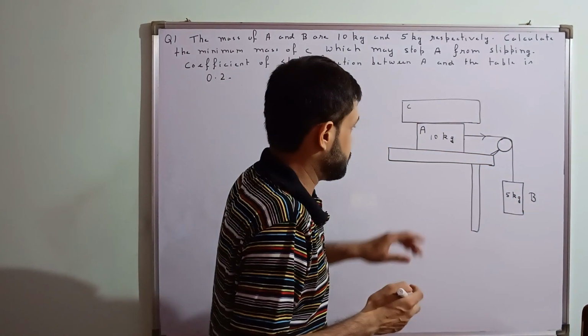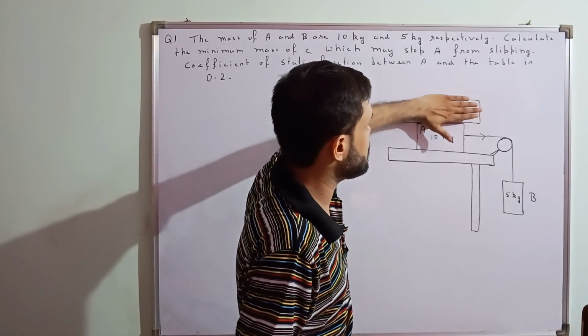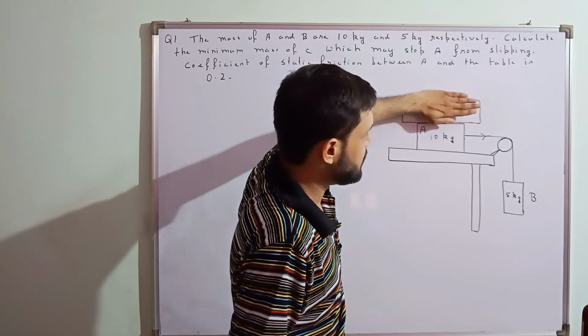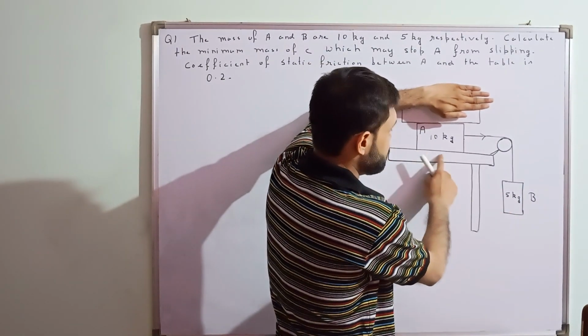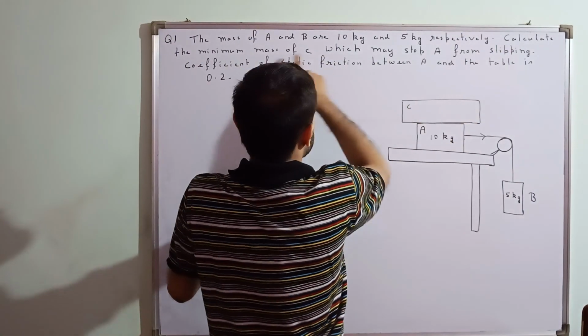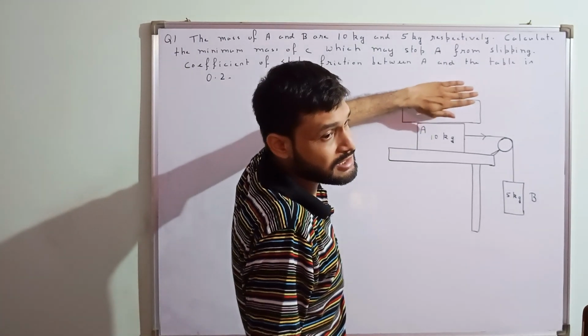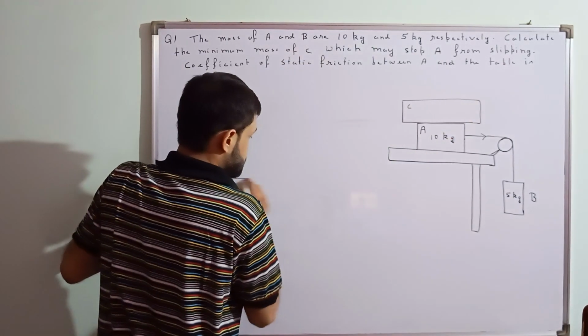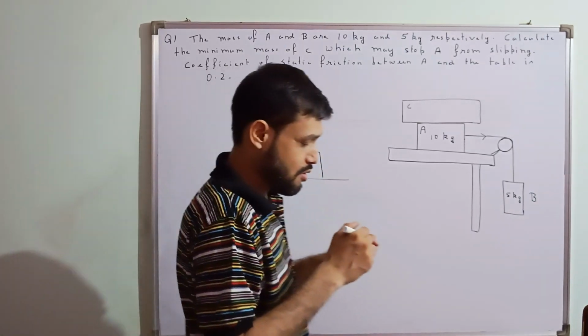So now what is happening? This is 10 kg and this is 5 kg. Let's remove C. What will happen? It's a simple arrangement. A 5 kg block over here. There is some friction between these two surfaces. Calculate the minimum mass of C. Here we are keeping a block over here. Just now I told you that if I am having a block over here like this, okay,